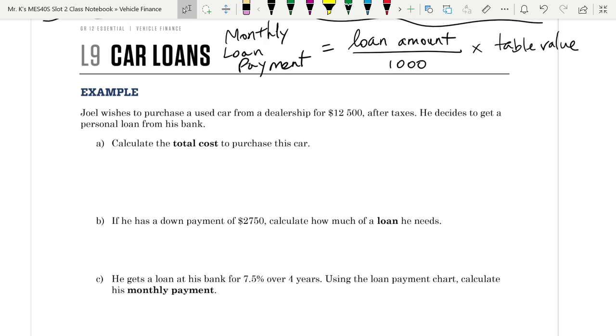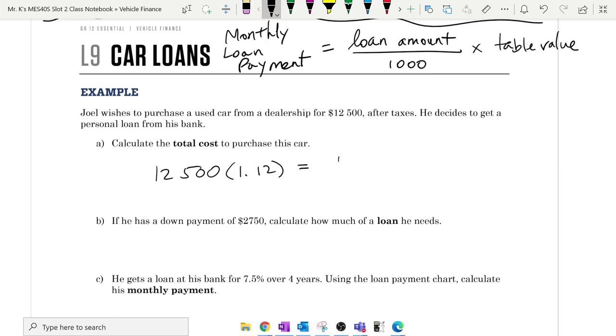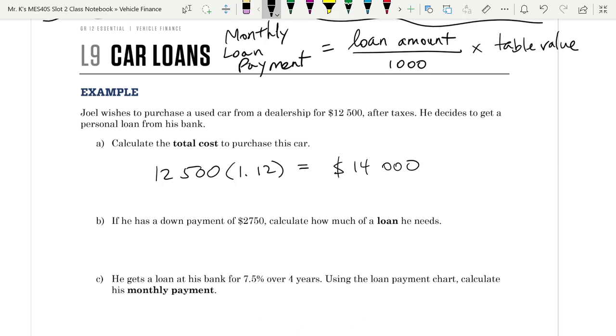Okay, so first of all, the car is going to be $12,500 times GST and PST. So $12,500 times 1.12, 14,000 exactly. That works out nice. Now he has a down payment. He saved up some money. So his car that he wants to buy costs this with the taxes. He has made this much down payment, so minus 27.5. He still has to borrow from his bank